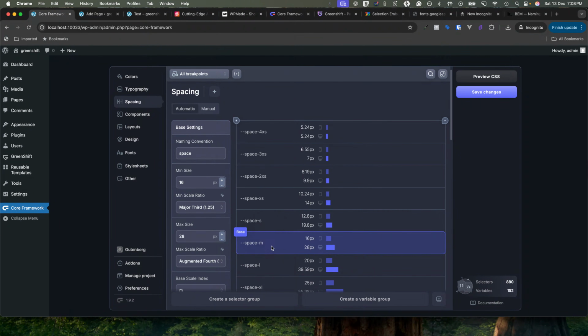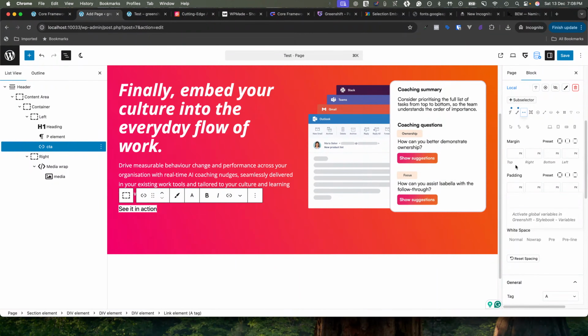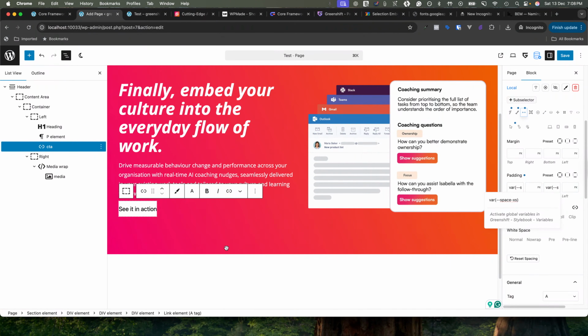So here we can use space X and space M for the left and right. For the space top we can use